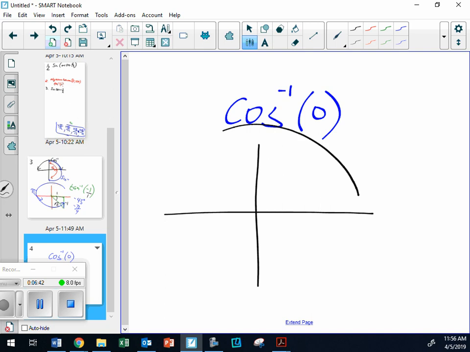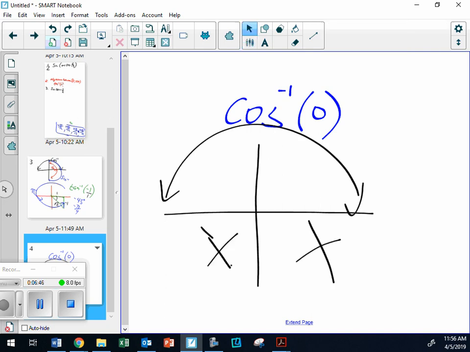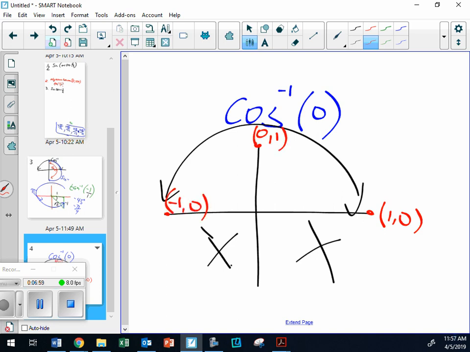Okay, so you should know you can only be from here to here, so this is out and this is out. And then you should be thinking, well, it's probably here or here or here. So I'm going to refresh my memory on this. I think it's (1, 0), (0, 1), and (-1, 0). And then y is, well, I'd like to say it this way. Sine is y, cosine is x, and tangent is